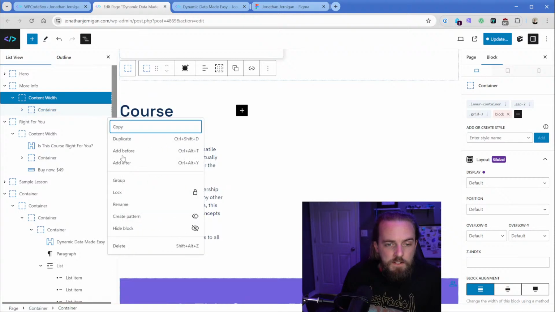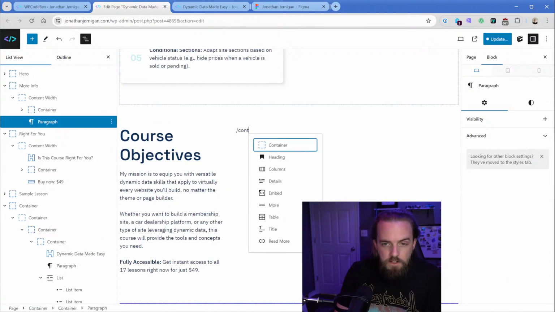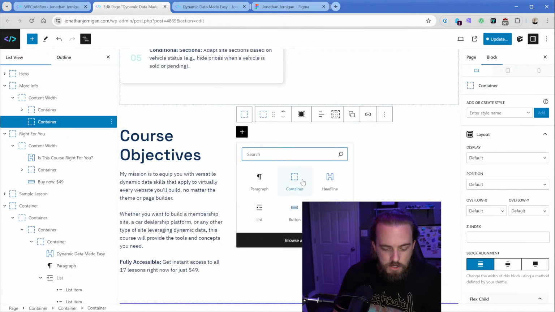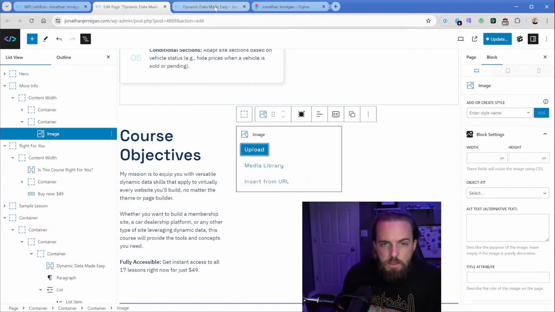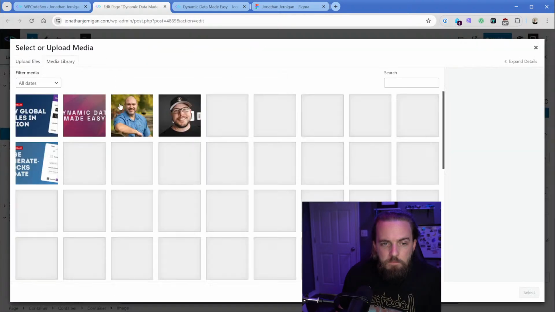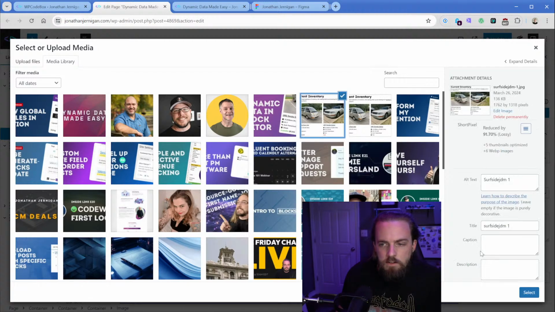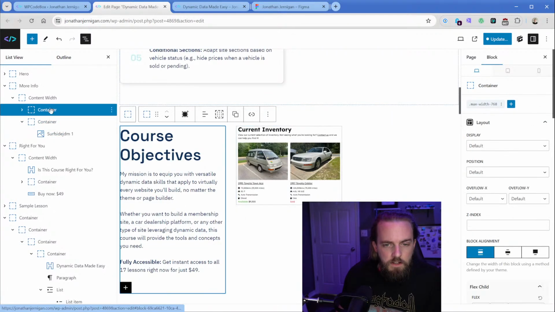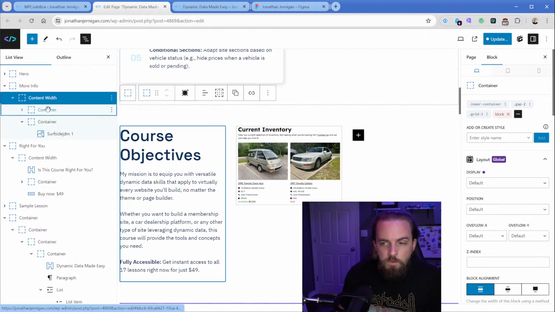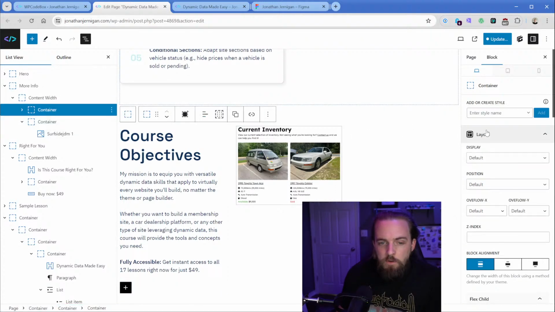So then after this, I'm gonna add another container, stick in an image, and then let's see here, media library. That's the one I want. Perfecto. So then we don't really need the max width on this one anymore. What I want to do is on this,